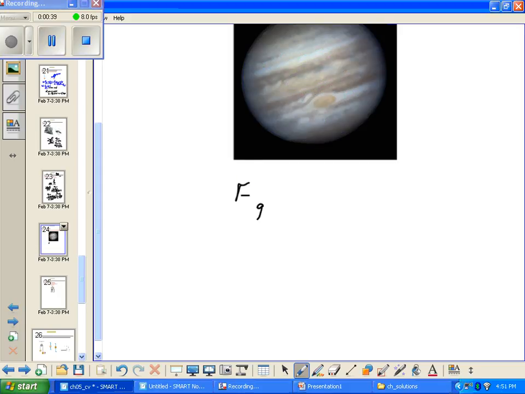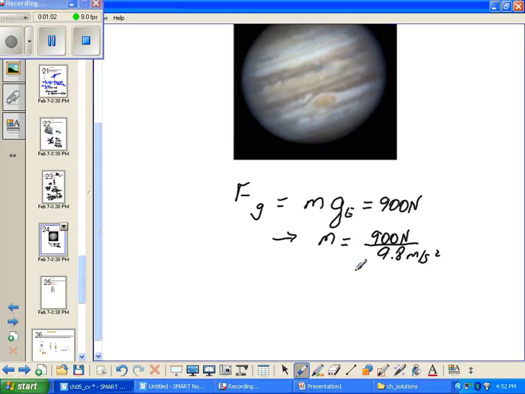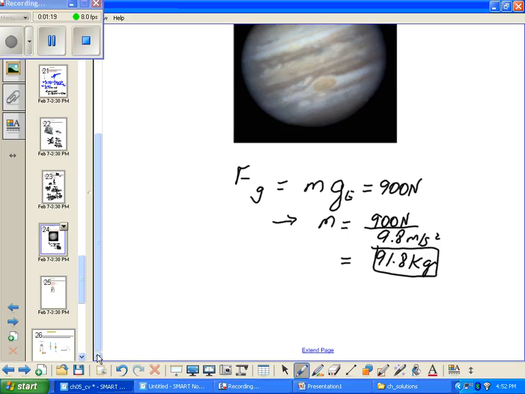In other words, F sub g is given by his mass times the acceleration of gravity on the Earth, and that is 900 newtons. So his mass is then given by his weight on the Earth divided by the acceleration of gravity on the Earth, and this gives us a value of 91.8 kilograms. Once we obtain his mass, now we can determine his weight on the planet Jupiter, since